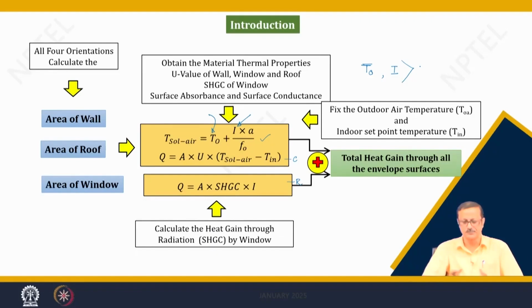In that period there is a fluctuation in these two environmental parameters, the outdoor temperature and the solar radiation. So, what will be the total heat gain from morning 10 to evening 5, and what is the peak heat gain? From the peak we have to estimate